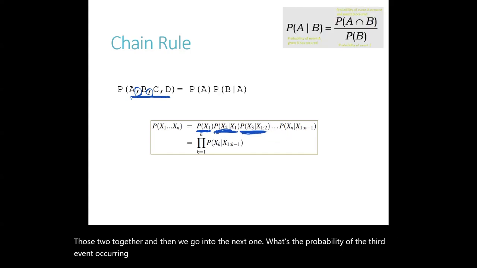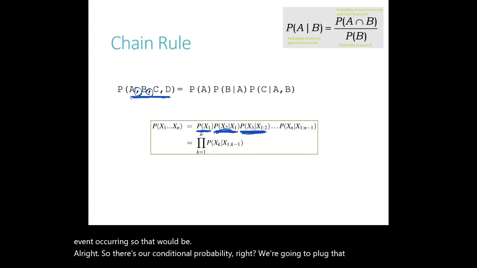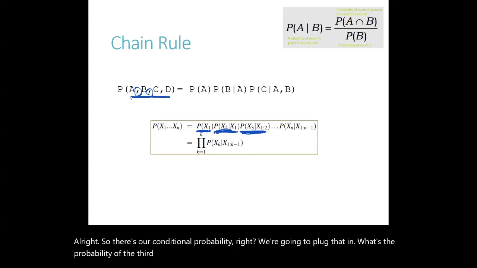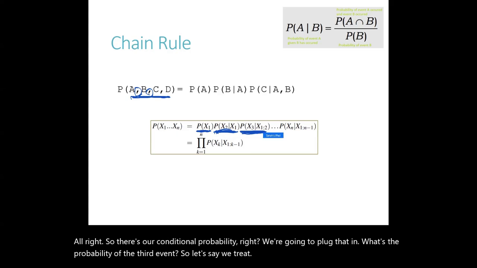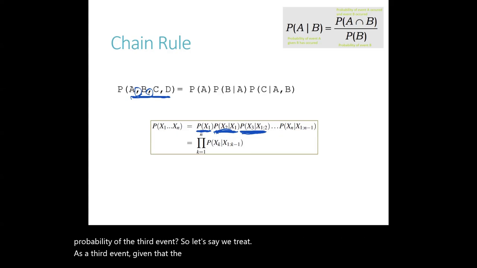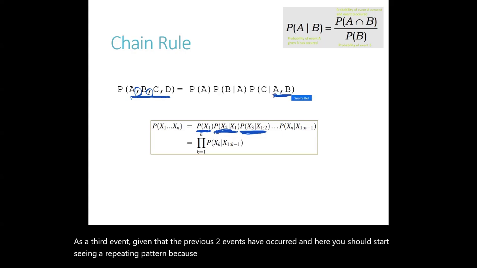So that would be, all right, so there's our conditional probability, right? We're going to plug that in. What's the probability of the third event? So let's say we treat C as a third event, given that the previous two events have occurred. And here you should start seeing a repeating pattern, because here, once again, we have